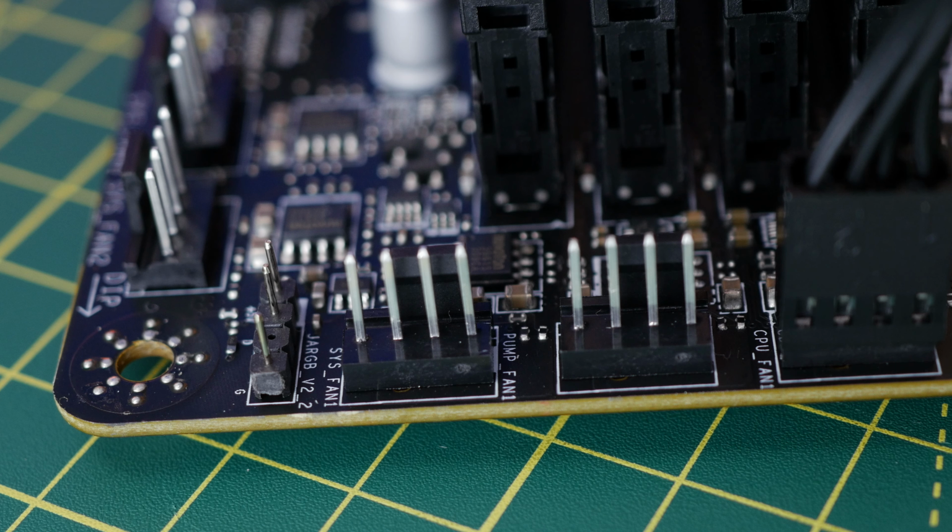Don't do that. The NZXT connector is designed for NZXT motherboards specifically, so if you happen to have one of those, well done you, but otherwise you won't be able to connect the fan directly to the motherboard, so don't try. Now, the logic with NZXT motherboards is there's a specific connector for the RGB one, so you can see NZXT RGB 1 is the clear marking on that. It's a 4-pin connector, and it's designed specifically for these fans. So you take the RGB connector for the fan and plug it into that, and then you take the fan power one and plug it into a system fan header on the motherboard,